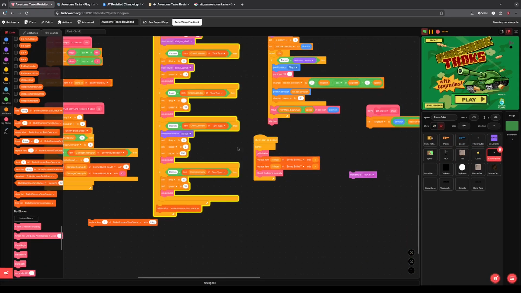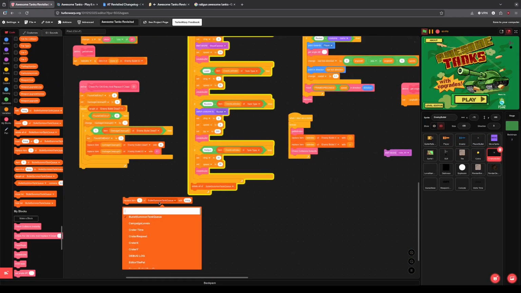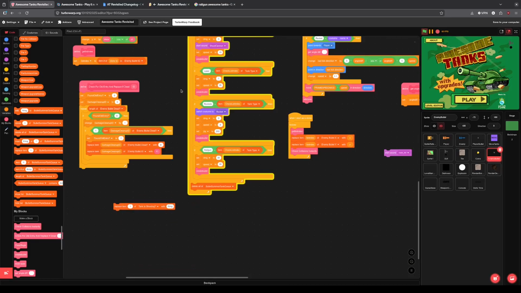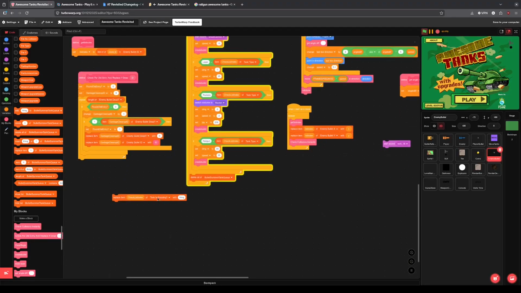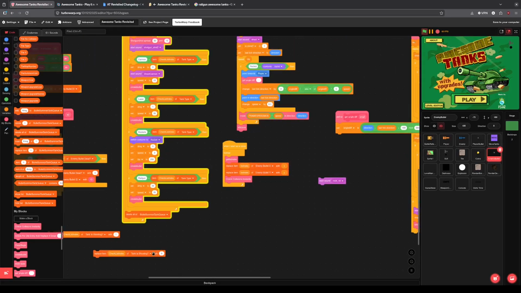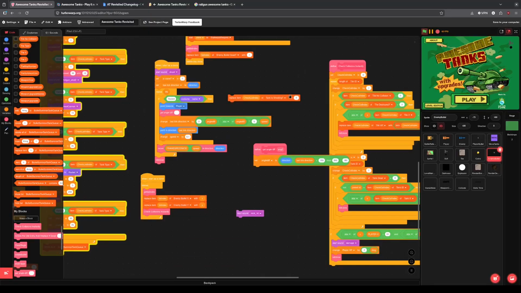So now we go to enemy bullet again. Inside of tank is shooting, we're going to want to actually replace it. But first of all, we have to make sure that it's the right tank. So yeah, here it is. We got tank checklist index, which is actually what's going to let us check if it's shooting. So we just go ahead and replace that with 1 if it's shooting, and replace it with 0 as soon as it's done shooting. And the way that we know that is because